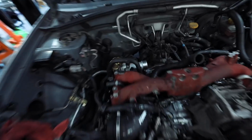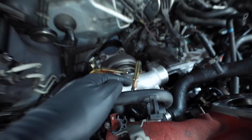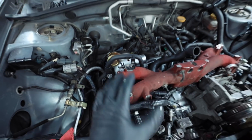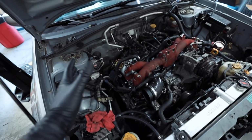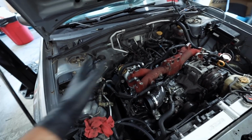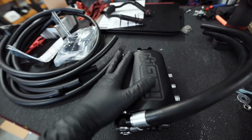Those coolant lines, one of them goes right up to the top of the turbo. The other one goes to the upper coolant reservoir, which I don't have on the car yet, just to give me a little bit more access to be able to get in here. But it really doesn't matter how you install them. The coolant lines can go either direction, and the install for this air oil separator is literally the exact same